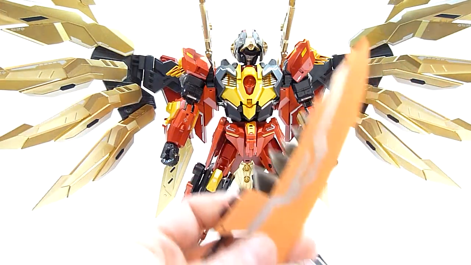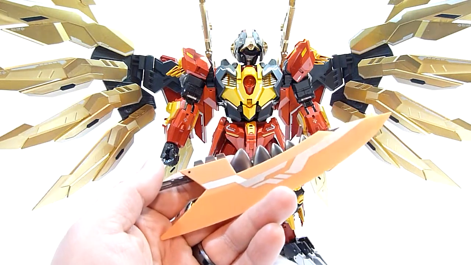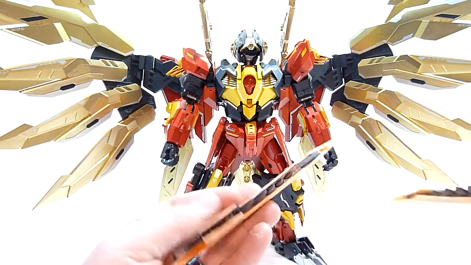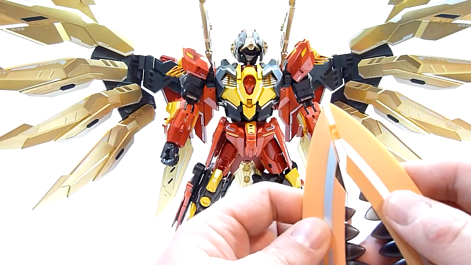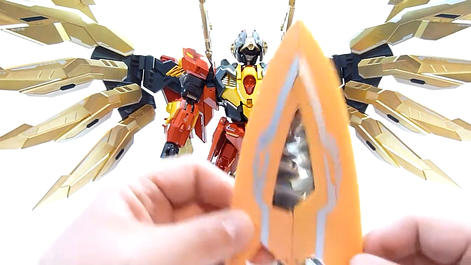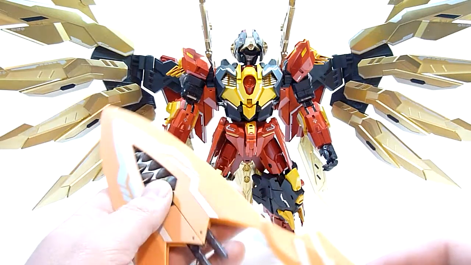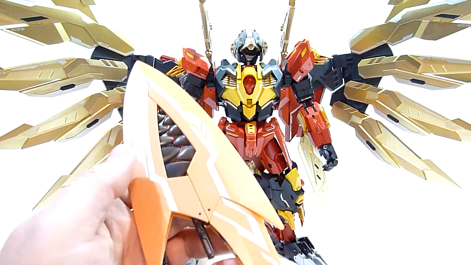So he also comes with another piece of the ultimate weapon here for Predaking, and I'll just show it off real quick. It does combine with Ferocious's weapon. Just tab them together there and there. And it's kind of a weird cutout design. But then you can also attach the